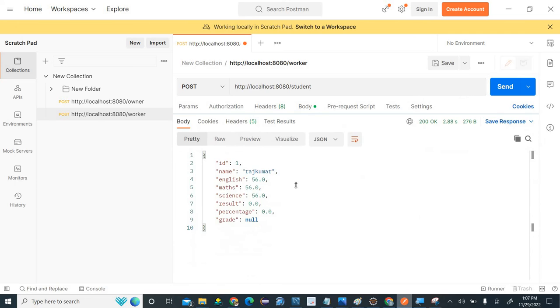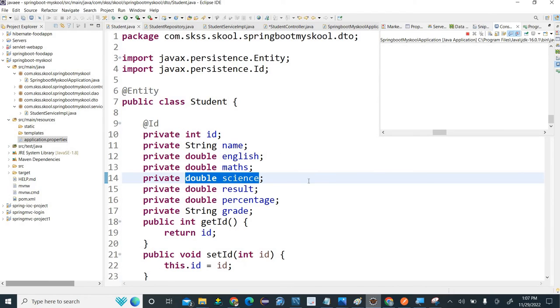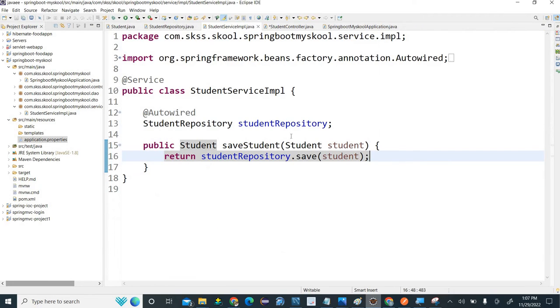Yes, you can see the data is reflected. But here if you see, we are getting the result as a default value and the grade is also null. Now we have to set up our project in such a way that it will calculate all the marks along with the result and percentage. So inside the service layer we have to write all such methods. Okay, so here I am writing